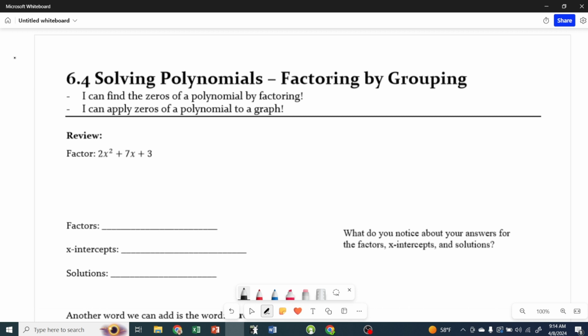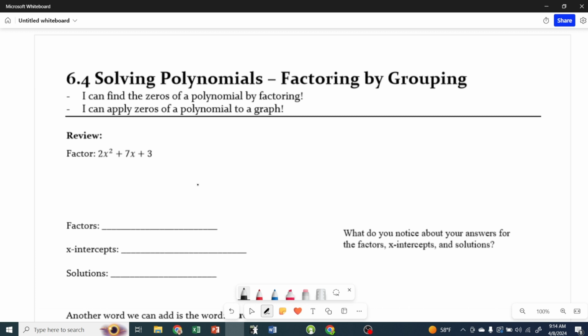Welcome to Algebra 2, Unit 6, Section 4, Solving Polynomials, Factoring by Grouping. I can find the zeros of a polynomial by factoring, and I can apply zeros of a polynomial to a graph. So first what we're doing is we're going to review here